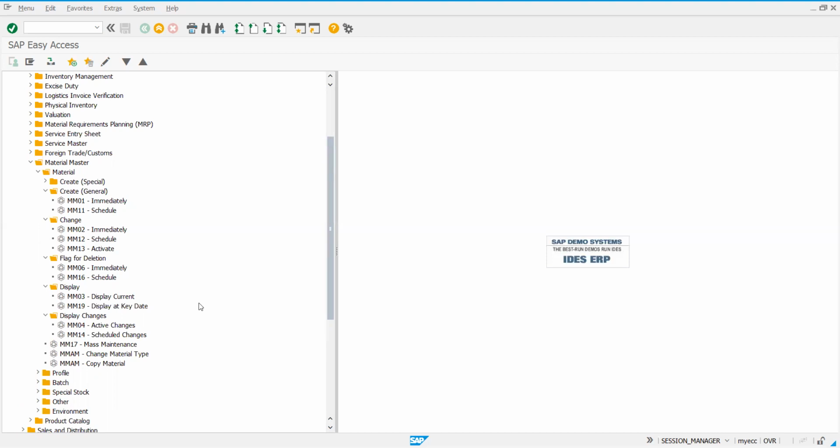So 1, 2, 3, 4, 6. Create, change, display, display changes, and flag for deletion.